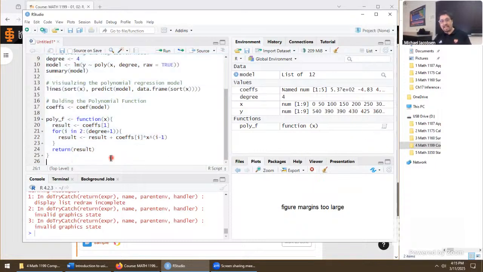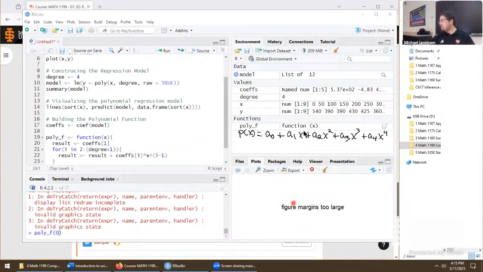But one way we might decide maybe we're on the right track is, let's do an output of this function. Go polyf, put in an input. We're doing an input to this function, so we'll use function notation with a parenthesis. Let's put in a value 0. We plug in 0, that means we're wiping out all of these terms right here.